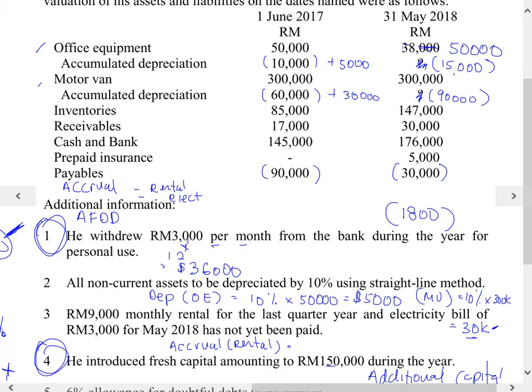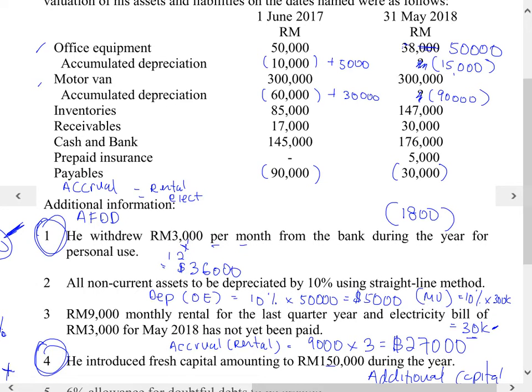Question, how much must I accrue for rental? 9,000 monthly rental for the last quarter. 1 year has got how many quarters? 1 year, 4 quarters. Each quarter how many months? 3. So I haven't paid for 3 months. So 9,000 is 1 month. I haven't paid 3 months, so I need to accrue 27,000